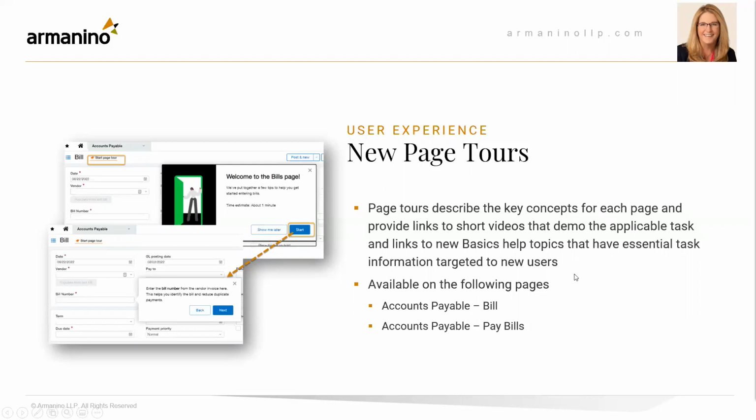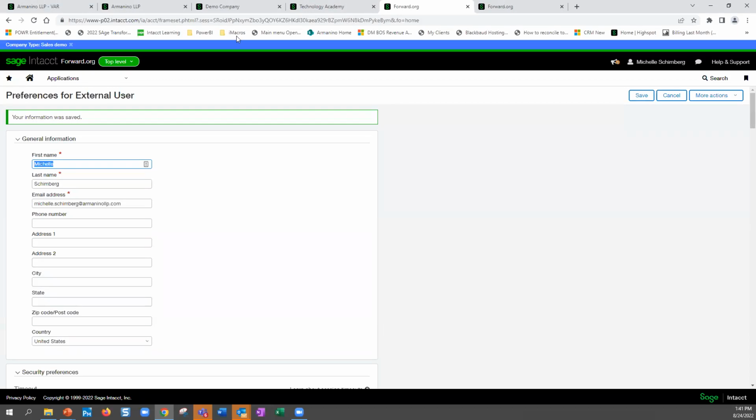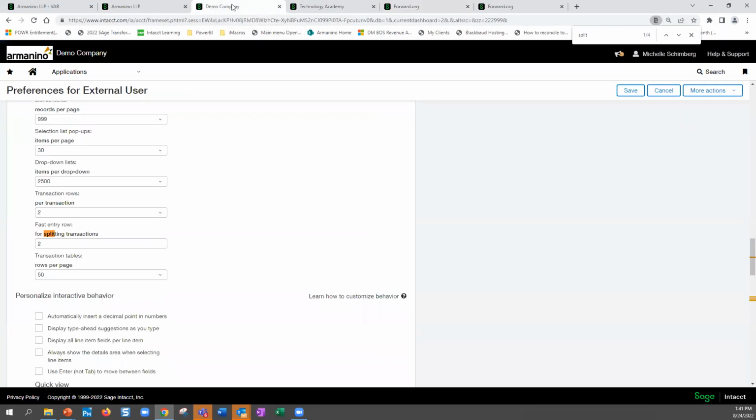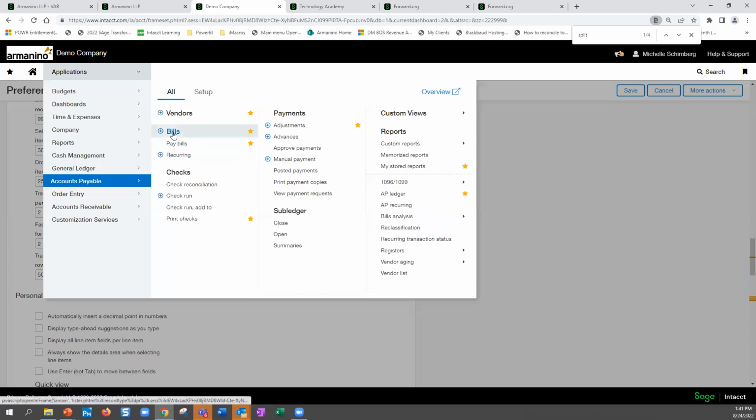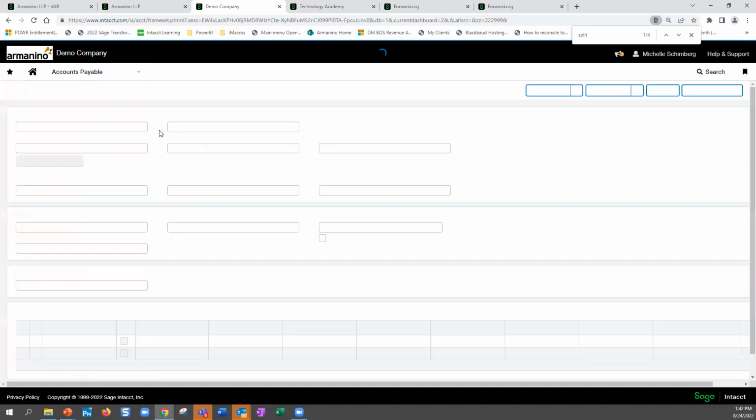So the page tours describe the key concepts for each page and provide a link to short videos that demo the applicable task and links to new basic help topics that have essential task information targeted to new users. Currently, it's only available on accounts payable bill and accounts payable pay bills. So they are starting to roll these out. I'm sure that there is going to be more to come, but let me show you where you would find that. So if you go into accounts payable and you go to bills and you add a bill,